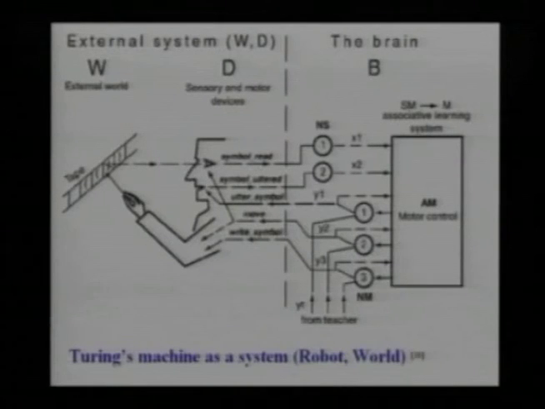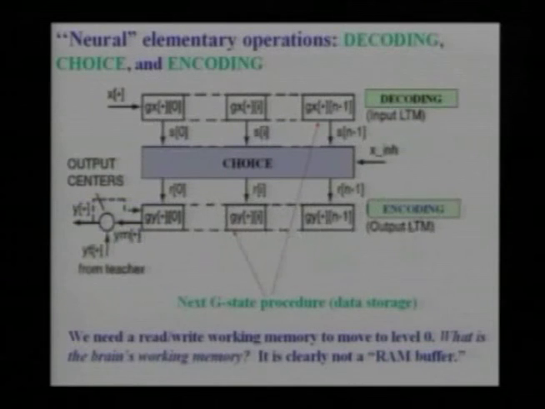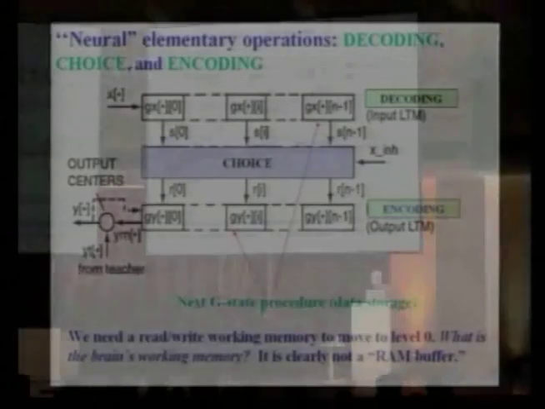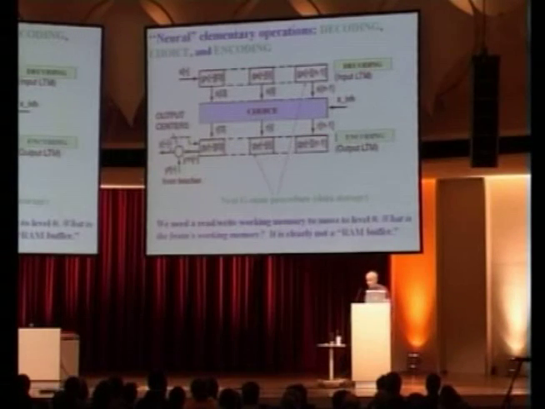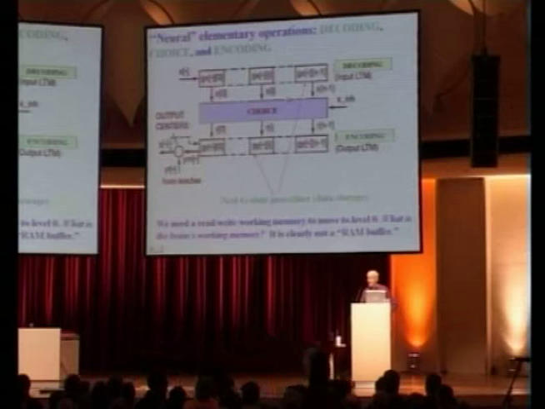In this very simple way, it is possible. But I want to get rid of the neural network, so I actually go to what you need: 3 procedures, decoding, then choice, and encoding. And these 3 procedures, if you can implement them efficiently, you can build the robot which I described. Also, you need some kind of procedure of learning, which means how data would be stored in